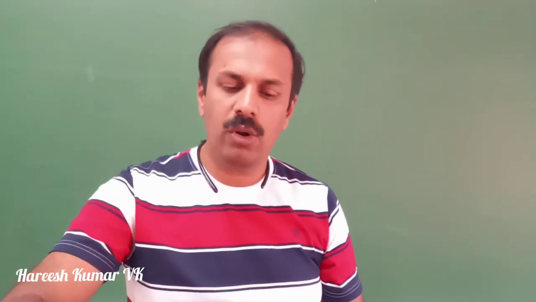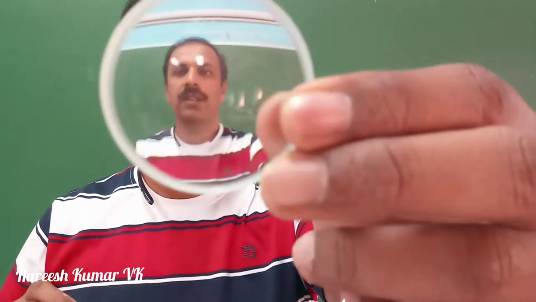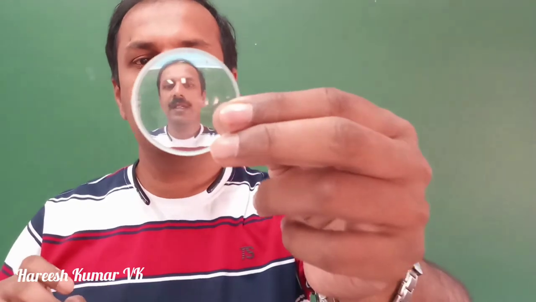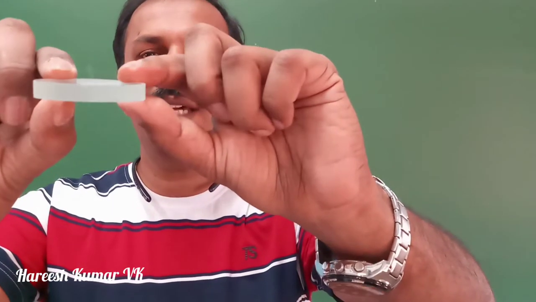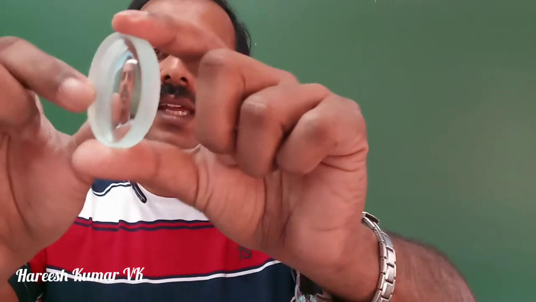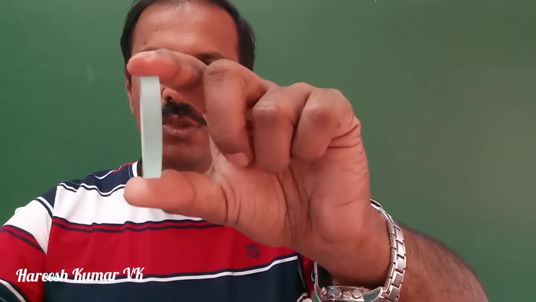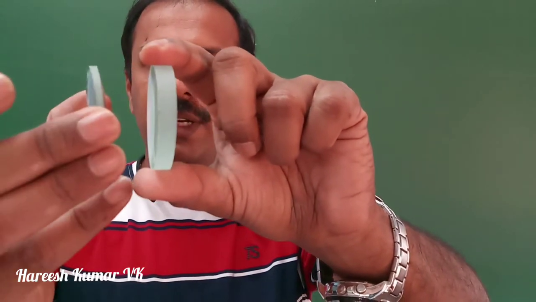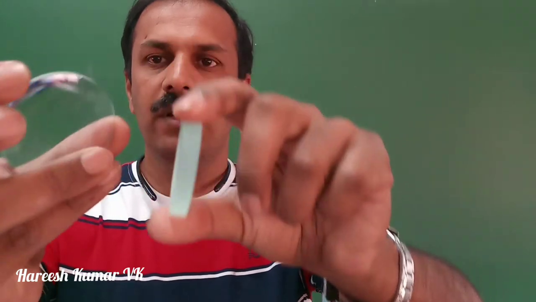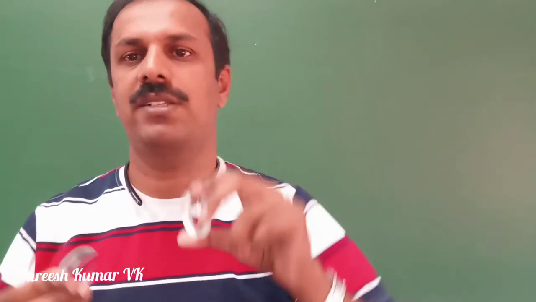Now if you go to a concave lens, this is a concave lens. When you use a concave lens, you can see here the thickness at the edge is more and at the center it is less. Okay, so it is like a cave towards inside, it is bent towards inside and the edge is thick. So together if I place them, you can see the difference. This is convex and this is a concave lens.